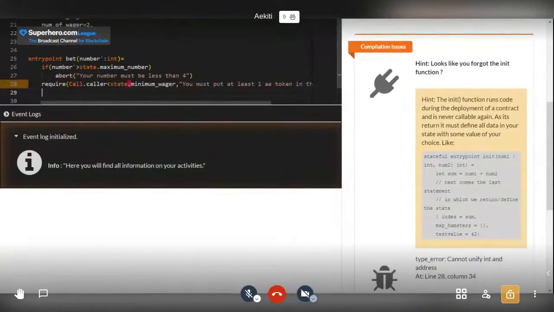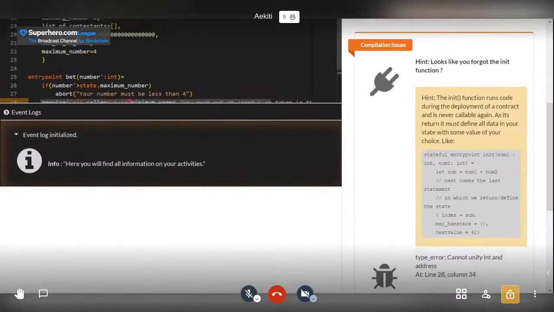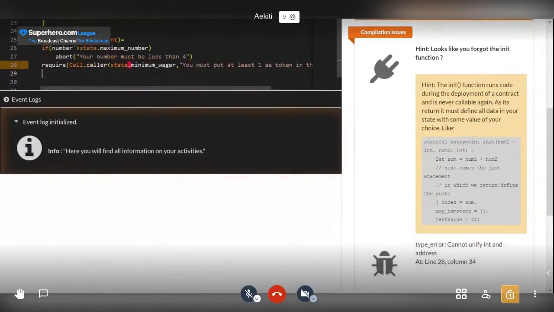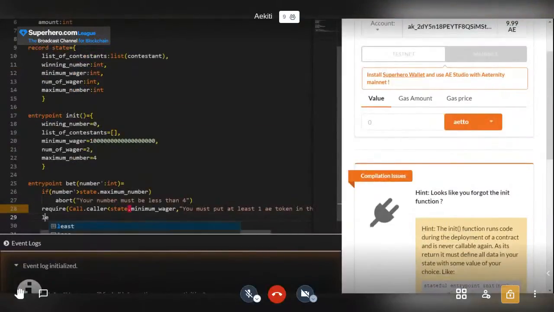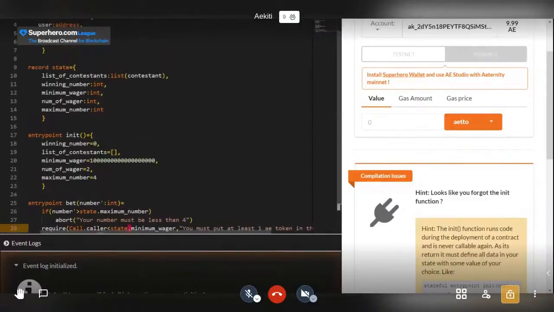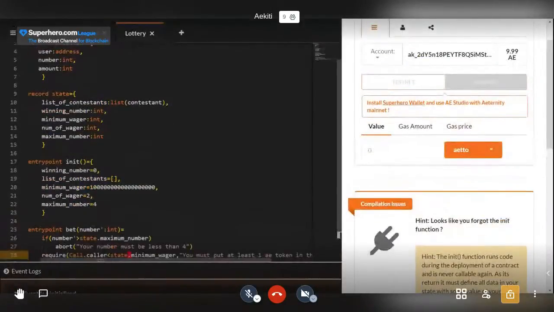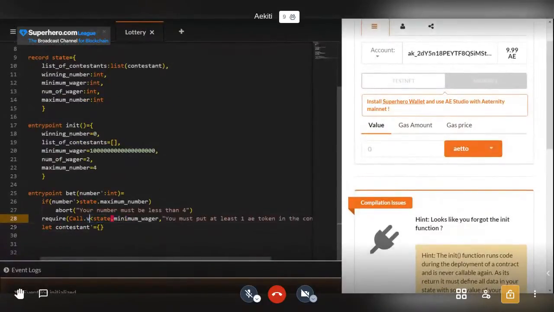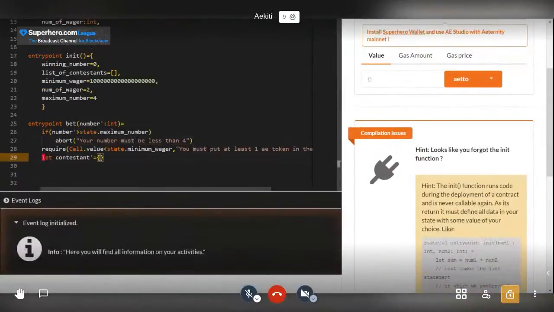Then the next thing now is, if this is the case and call.caller is not less than the minimum_wager, what would happen is you allow the execution to continue. Then in this case, we can now create a contestant record. So a contestant is equal to, let's look at what we have here again. We have a user, a number. Sorry, this should be called dot value. Call dot value is the amount passed in. So say user equal to call dot caller,